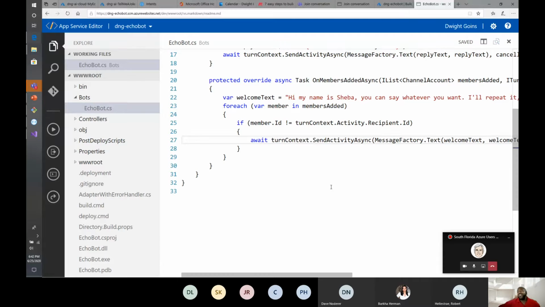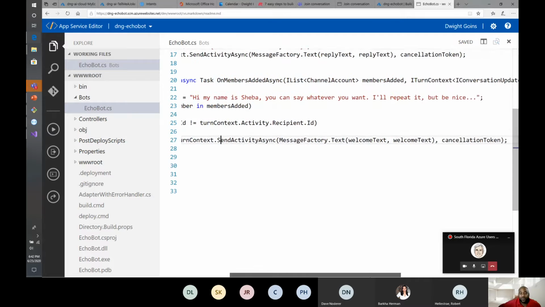If anybody's ever done any Windows workflow development from 6, 7 years ago, maybe more like 10 years ago, this is very similar in design with the idea of activities and context and maintaining state between activities. If you've ever done any Windows workflow, it's the exact principles behind the scenes. Different classes, but same principle. All right, so with that,